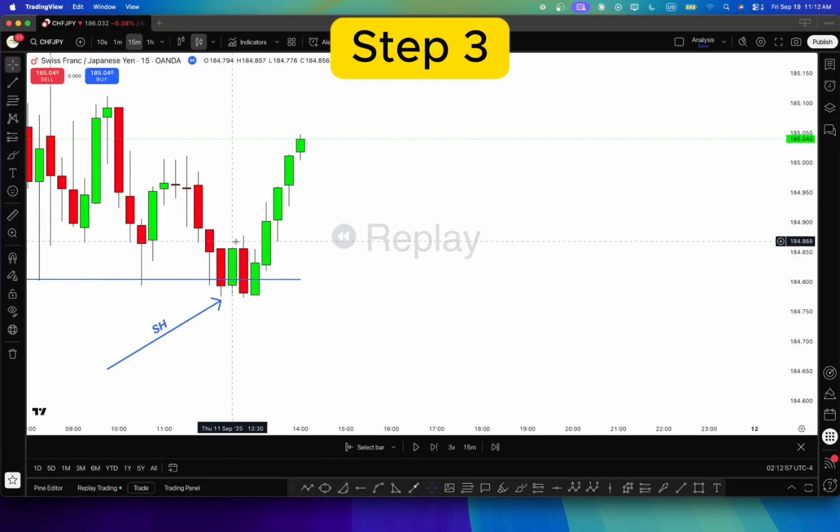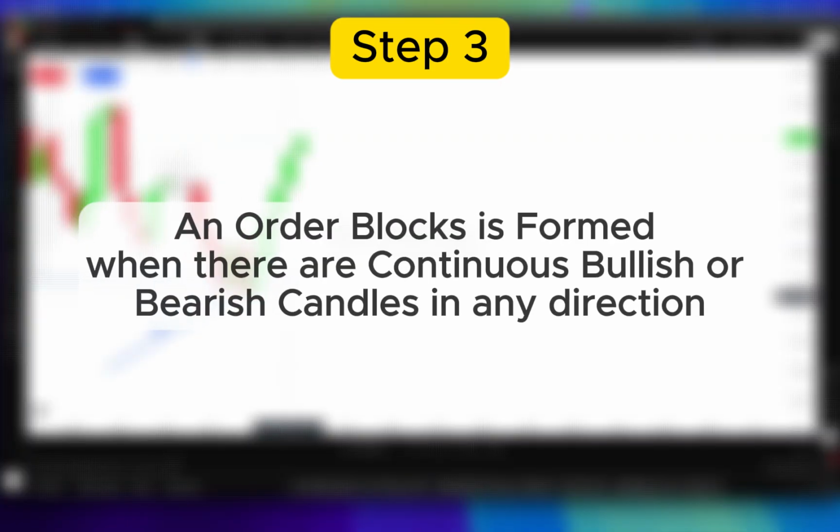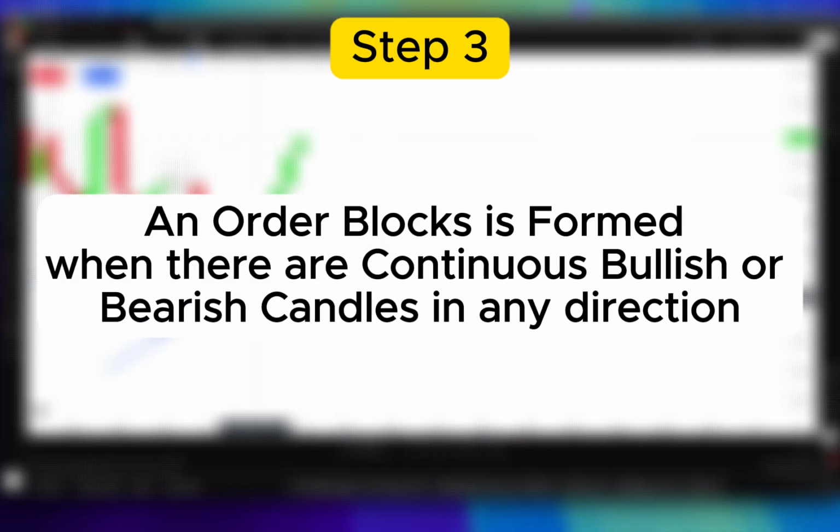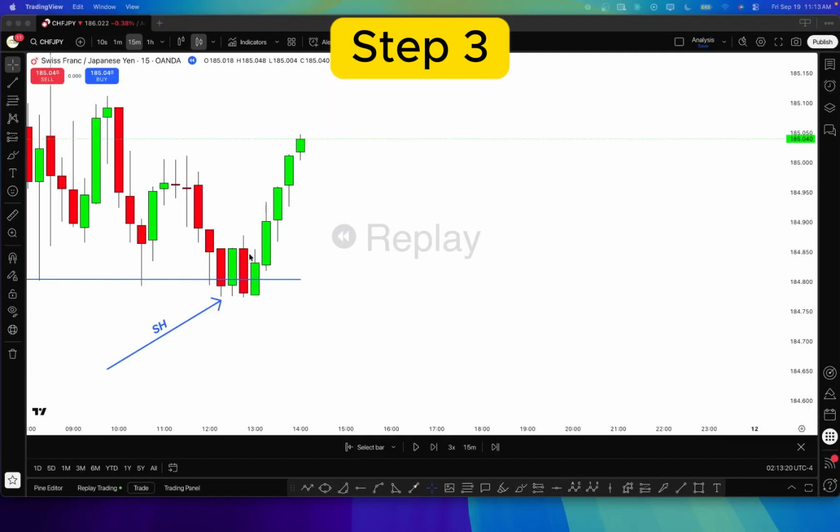If you are not familiar with structure of order blocks, make sure to check out my other video in which we talk about the order blocks in detail. So here is the formation of order block, and let me just repeat here. An order block is formed when there are continuous bullish or bearish candles in any direction. For example, here we can see there are 5 bullish candles, and before these 5 bullish candles there is 1 bearish candle. So this bearish candle would be our order block, because in market structure terms, this structure would have